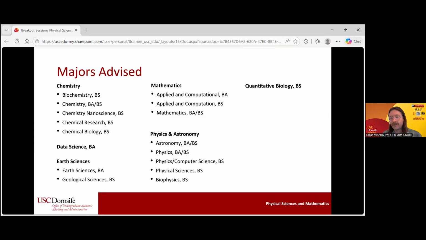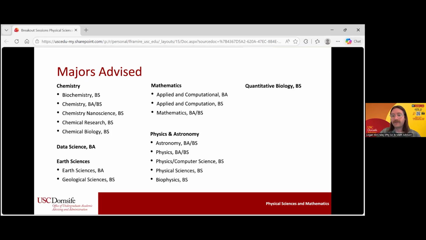Within the math department, we have four math programs. We have the Applied and Computational Mathematics BA and BS programs, as well as the Pure Mathematics BA and BS. Lastly, we have the Physics and Astronomy majors. So we have the Astronomy BA BS, the Physics BA and BS, the Combined Physics and Computer Science BS, Physical Sciences BS, and lastly, the Biophysics BS.